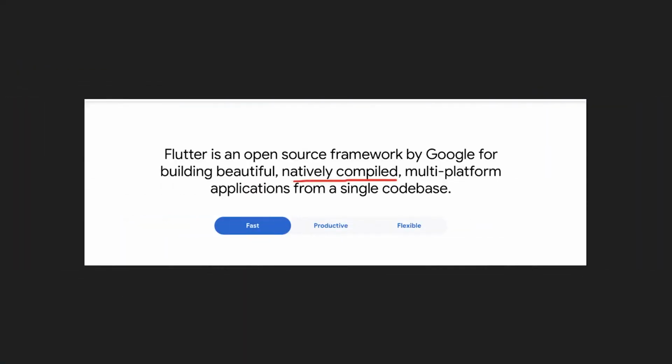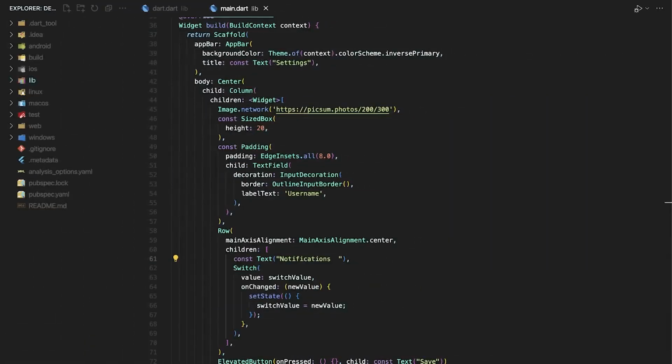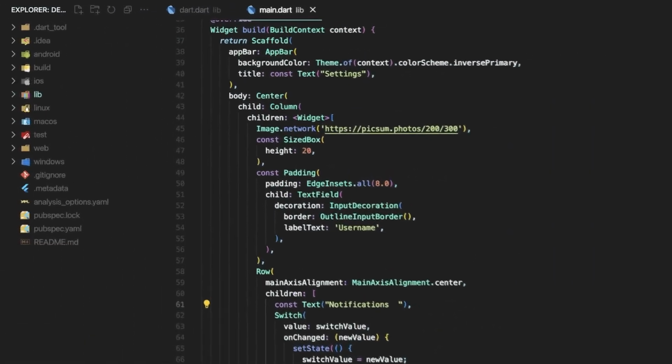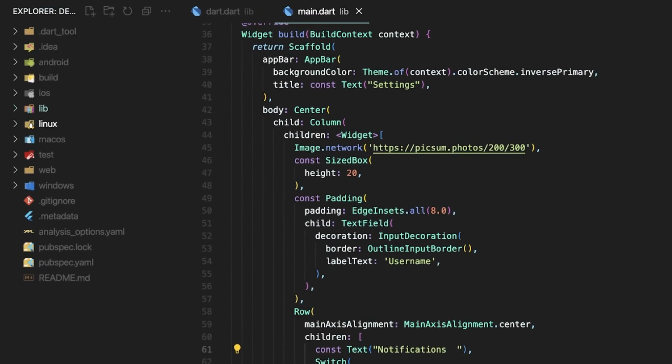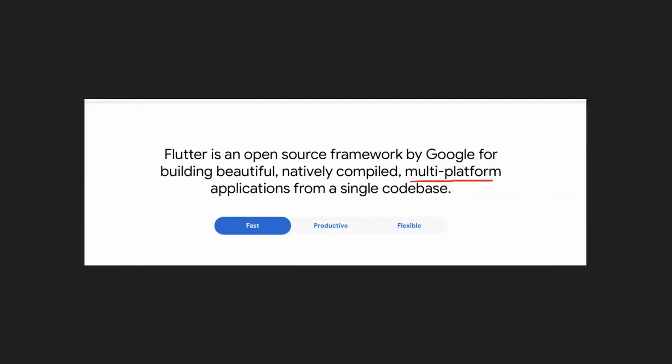So next, Flutter is also natively compiled. If we go back to the previous example that we had of the demo application, you could see in the Explorer window showing all the folders, there's folders for Windows, Web, macOS, Linux, iOS, and Android. So when you create your Flutter application, your code runs through these folders to make it set up for that specific platform, and you get code that is native to that platform. So multi-platform means you can compile the same code to all of those platforms at once. So it's not like you're writing Flutter code and you can only compile it to Android. You get all those platforms that we showed off at the same time. And that's all from a single code base.